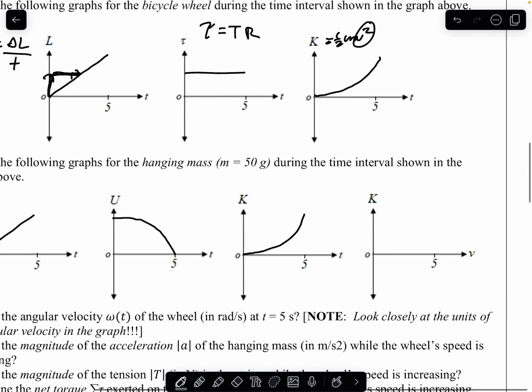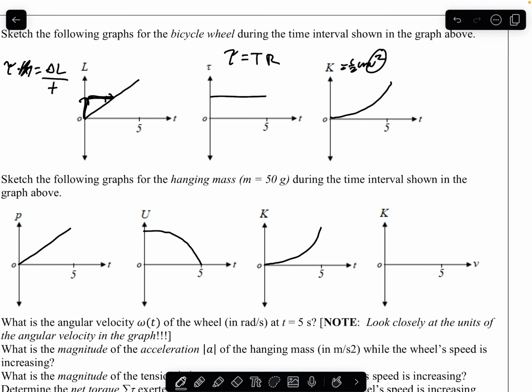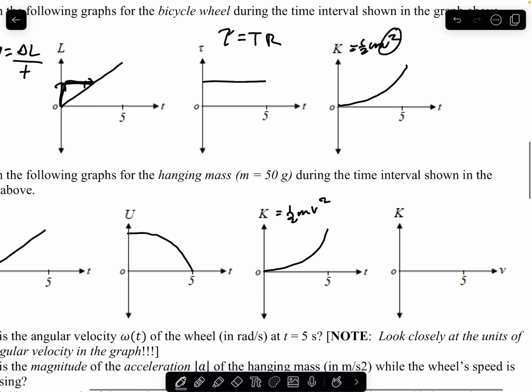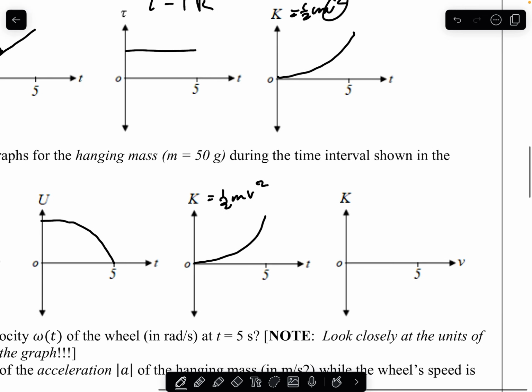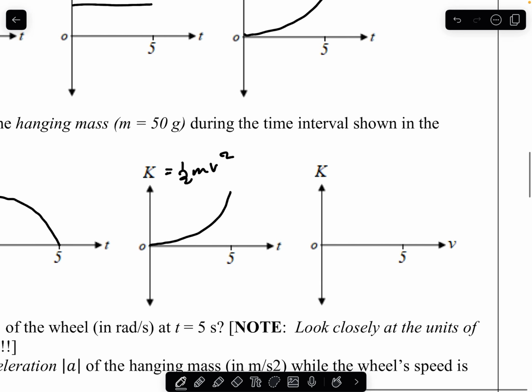This graph looks the same as the kinetic energy graph for the bicycle wheel because they both have the same velocity, just different mass, and they're both squared, so that means it's a parabola, and the hanging mass was initially at rest as well. So the kinetic energy versus velocity graph is going to look like a line with a